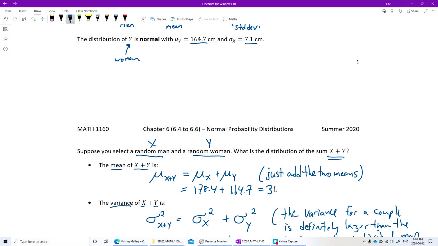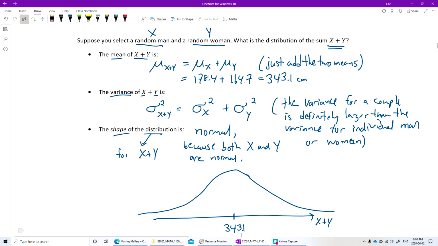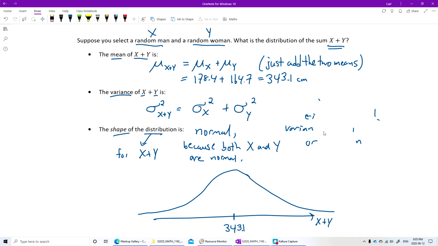So the average couple height will be 343.1 centimeters. Let me put that number right there, 343.1. And what about the variance? I need this space here, so I'm going to delete this little comment. I think you heard it, so hopefully that will stick,